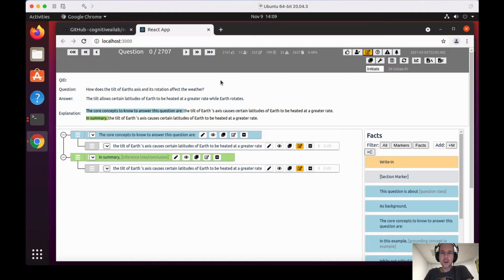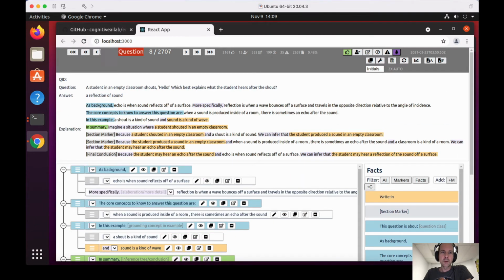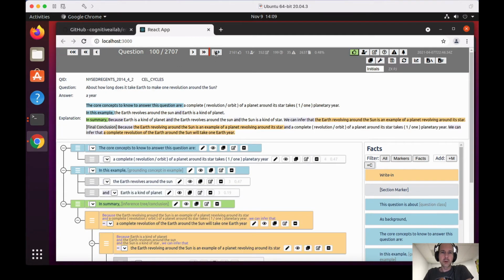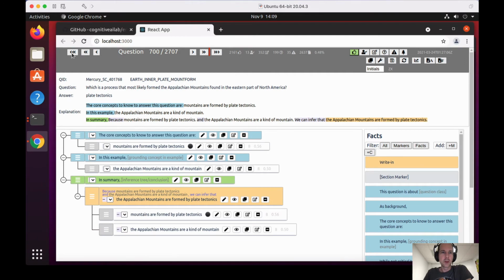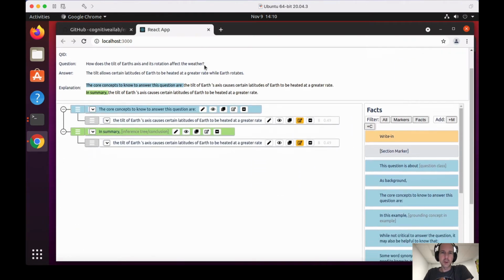So just to orient you to exactly what the interface is, since there's lots of buttons and knobs and things like that to play with, probably the main part of the interface that matters over here is the question indexing. So what question are you on? You can sort of index it with these buttons here and skip larger numbers with the larger buttons here, and it should also work with the keyboard